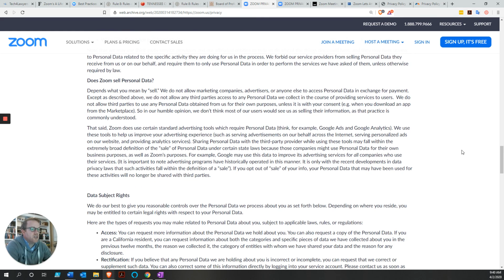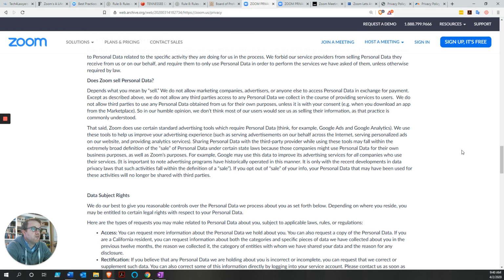Where we get into a problem with Zoom, and this is the specific area that you're going to want to look at in privacy policies, is what do they do with your information as it relates to Google Analytics, Facebook Analytics, and other third parties that want access to your information. This is the entities that are authorized by them, implicitly authorized by you, but these are third parties, and they're going to use this information for their own purposes.